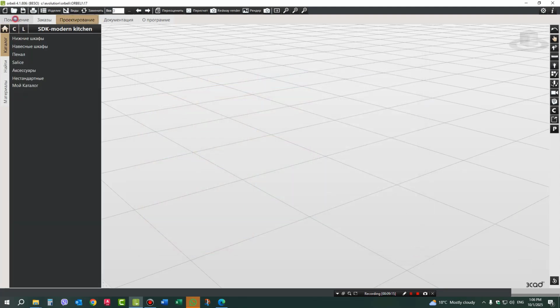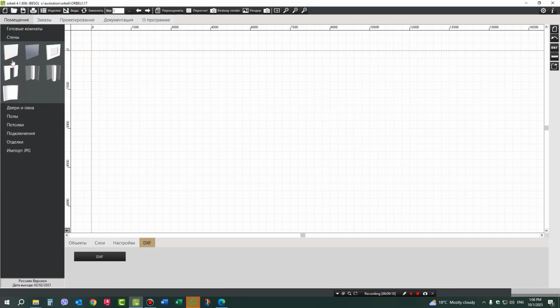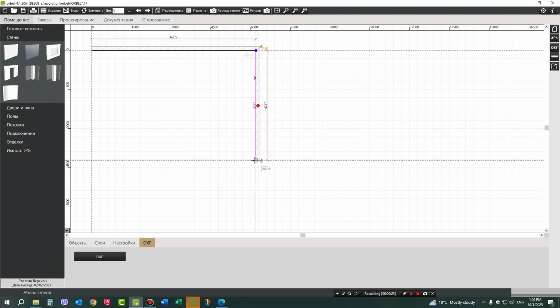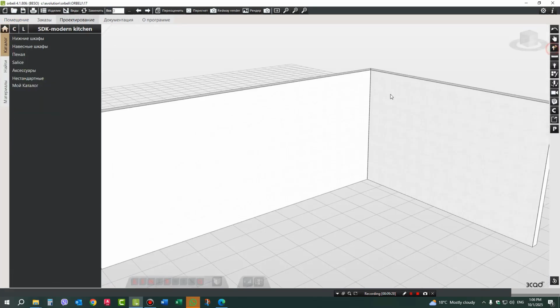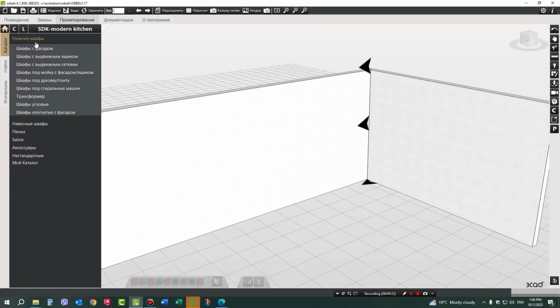Then I go into the room and carefully pull out the wall. I build the wall here, the projection, television. I click like this and start placing the drawers. Basically, yes, I take the bottom drawer,